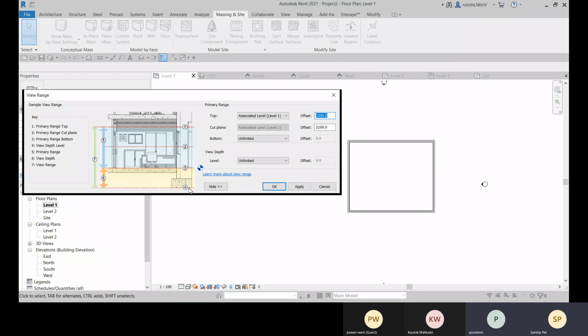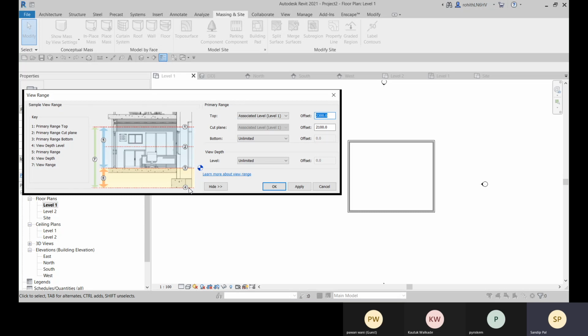So then, what is the difference between this view depth and underlay? Even underlay will be shown. For that underlay, you must have a level. So from level to level, it will be added here. If there is a ceiling in that level, you can show that.